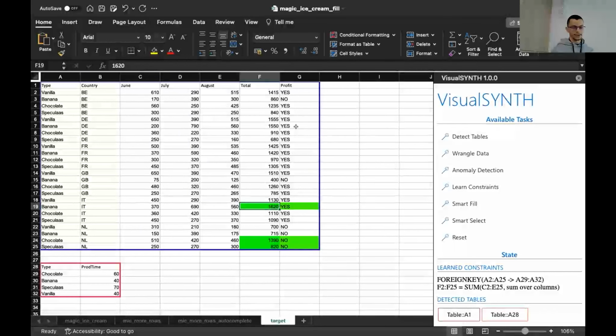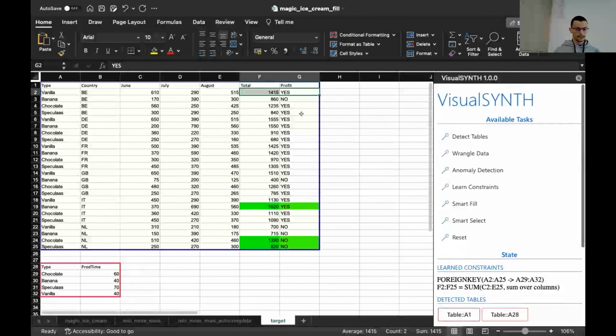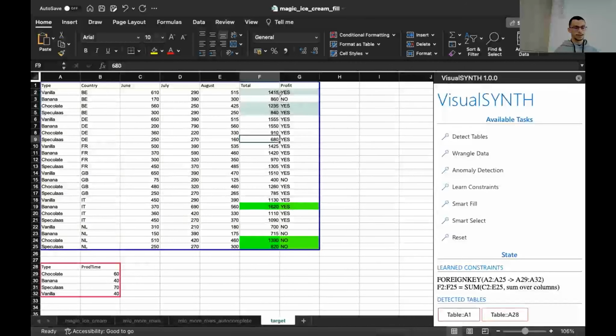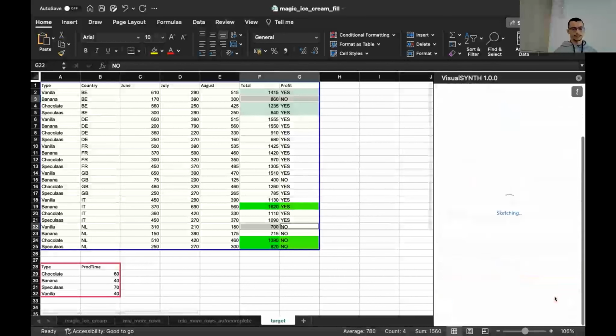One very useful thing about data engineering, together with data exploitation, is that if someone is interested in doing some smart select and some pre-processing, we can give some examples by colors. So I'm just going to color the yes with a green color, and I will color two examples with a red color.